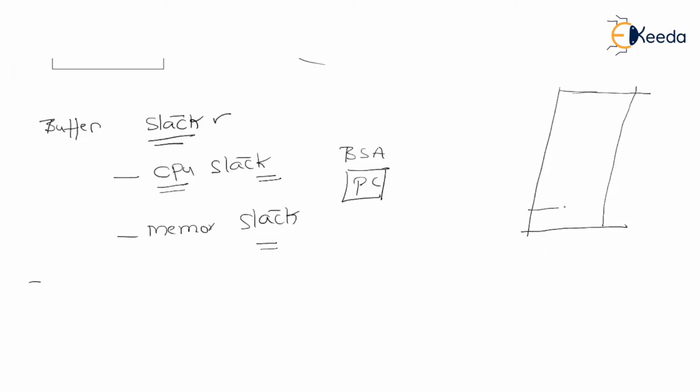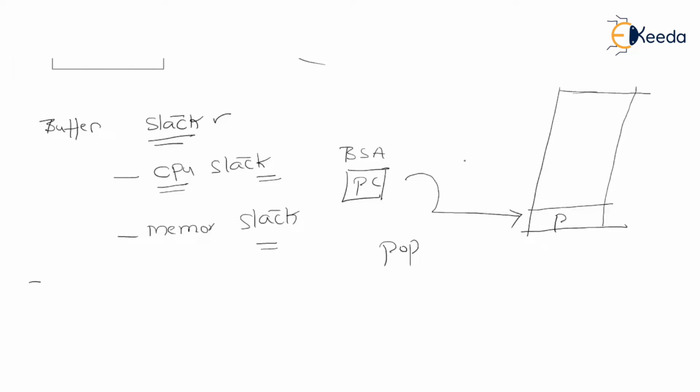That is, the program counter value will be pushed into the stack. Once the subroutine has been executed, in order to return, we need to perform a pop operation which pops out the program counter value from the stack,